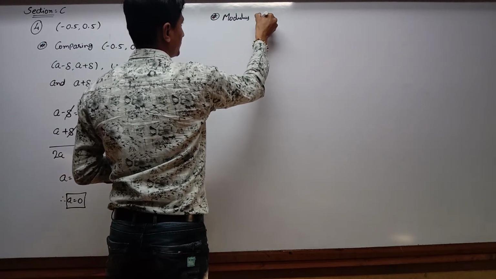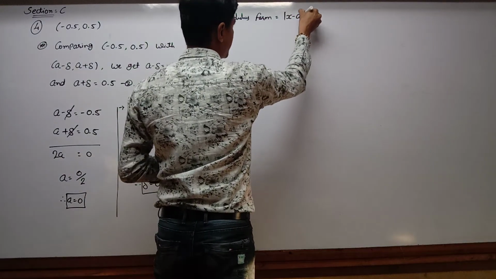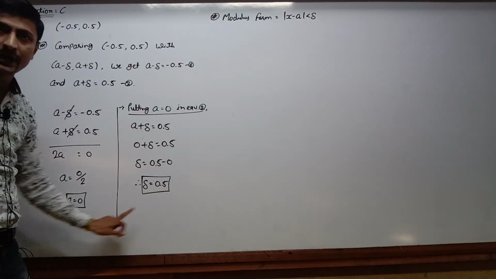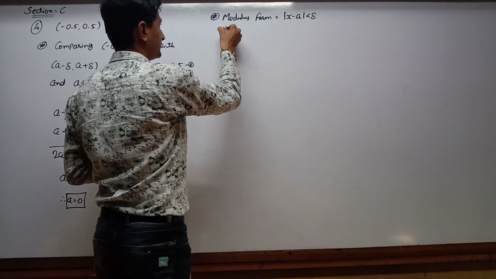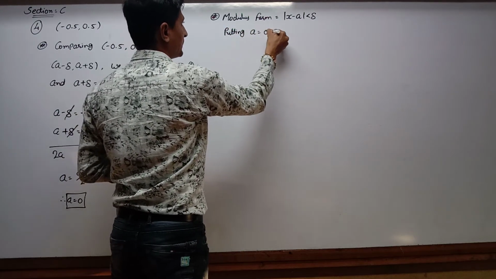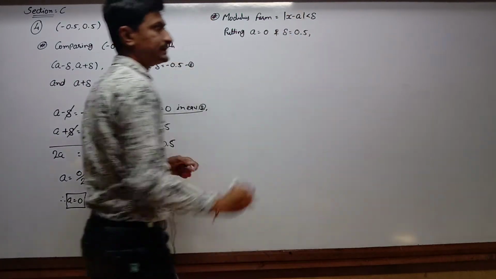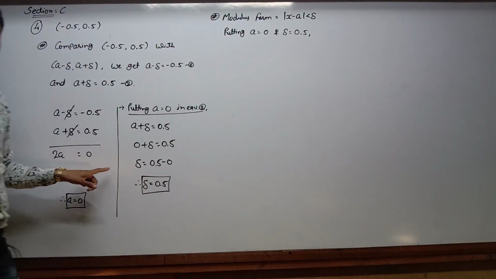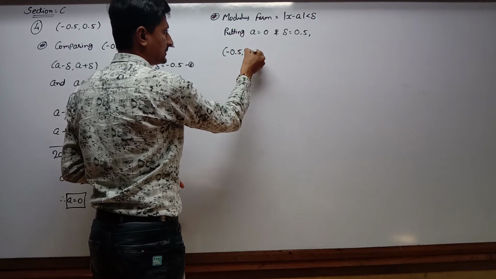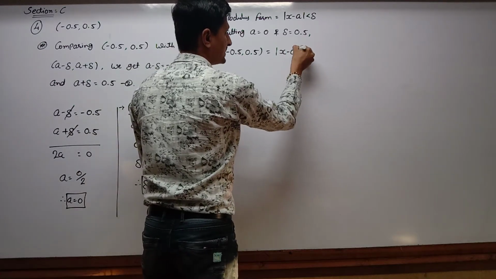So modulus form is equal to modulus of x minus a less than delta, putting both the value of a and delta. Now next step, a is equal to 0 and delta is equal to 0.5. Now next main question, write down minus 0.5 to 0.5 is equal to, in modulus form, x minus 0 less